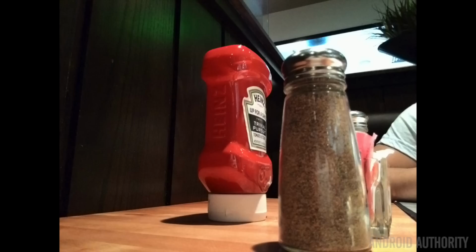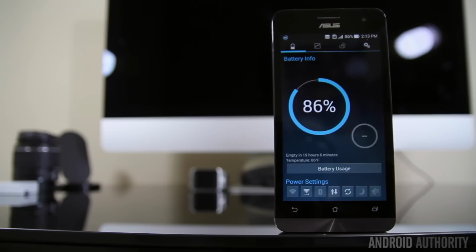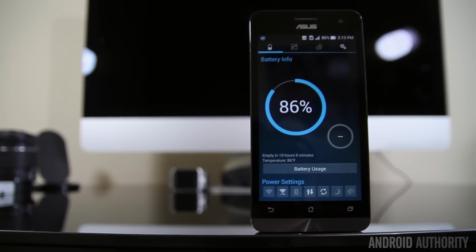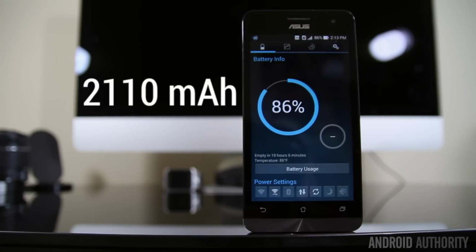The camera does have an aperture of f2.0, so it's great for low light shots, and if you need even better low light performance, there's a low light mode that actually works surprisingly well at pulling out detail even in almost complete darkness. On the inside, the Zenfone 5 is packing a 2110 mAh battery, and battery life leaves a